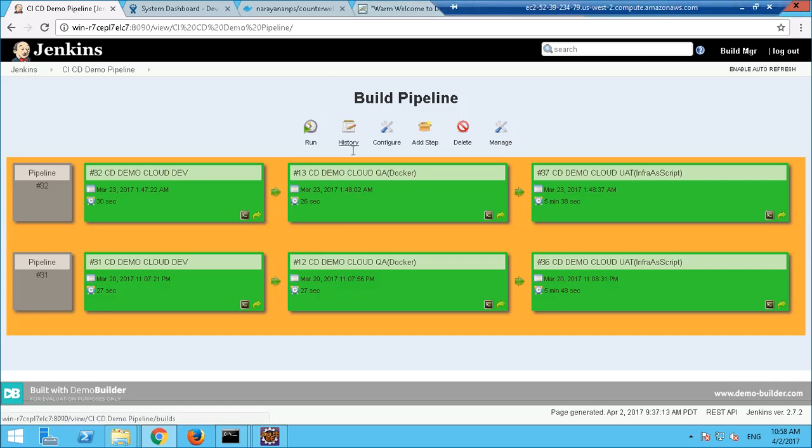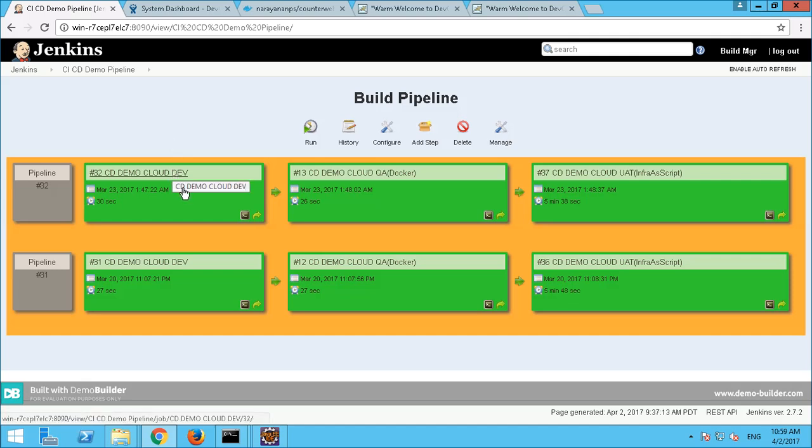So this is my build pipeline view. As you can see, there are three pipelines here. One is the dev pipeline, this one is the QA pipeline, and another one is the UAT pipeline. The dev pipeline is the one, as I told you, where all our quality checks are done, which has unit test in place, which has static code analysis in place, which has performance testing as well in this pipeline. So once that is all completed,